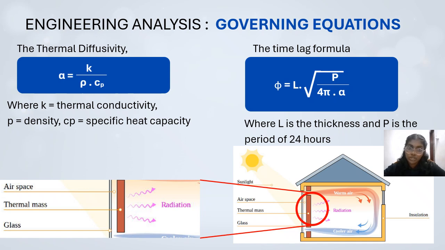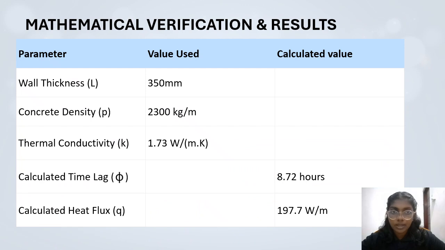In this equation, L represents wall thickness and P represents the 24-hour heating cycle period. These calculations are important because the success of the Trombe wall depends on delayed heat transfer during the nighttime hours. After performing the calculation, we verified the thermal performance of the system. The results showed that the designed wall achieved a time lag of approximately